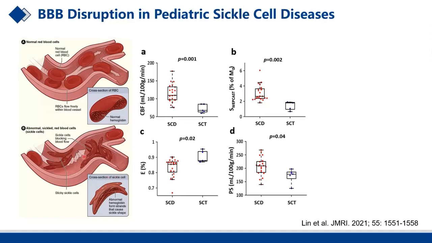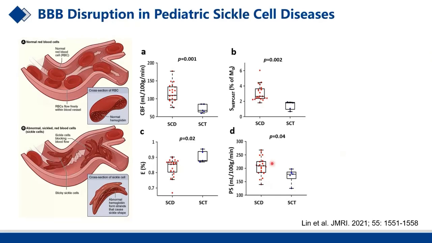And because these sickled red blood cells attach to your endothelium, it will cause inflammation of the endothelium. And we all know that the endothelium is the most important component of the BBB. So we're wondering whether BBB disruption is one of the problems or contributing factors in those diseases that cause future stroke or cognitive impairment